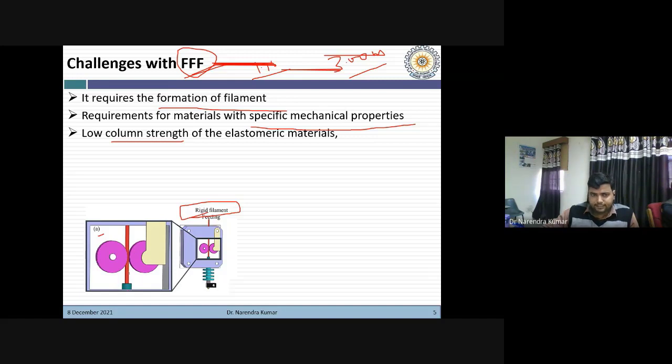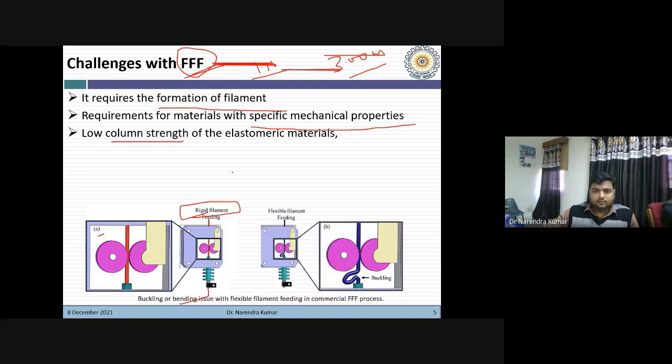We can easily feed it through the rollers, push it into the liquefier head, and have extrusion. There is no problem at all. But what happens when we move to a highly elastomeric material? Here I have taken another case, flexible filament feeding, and you can see the consequences.